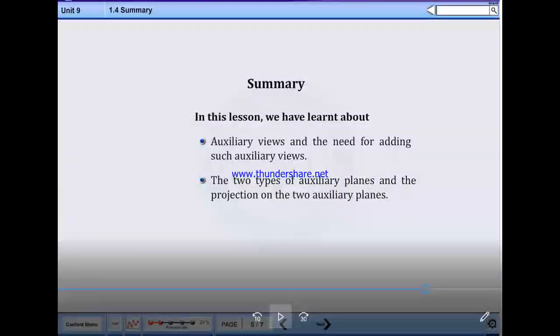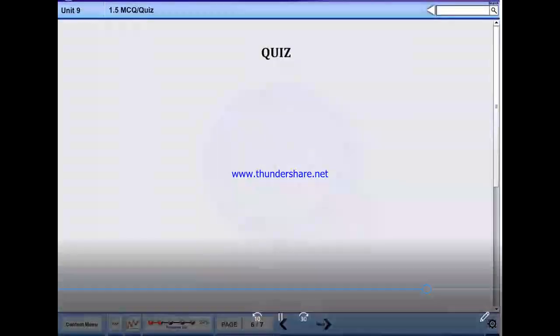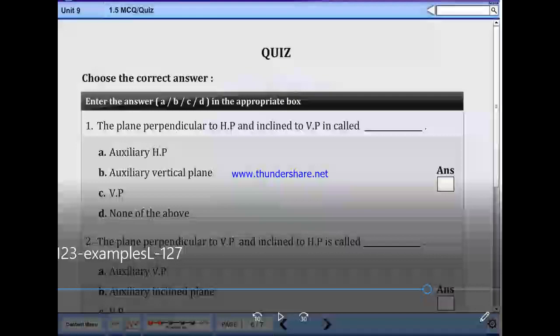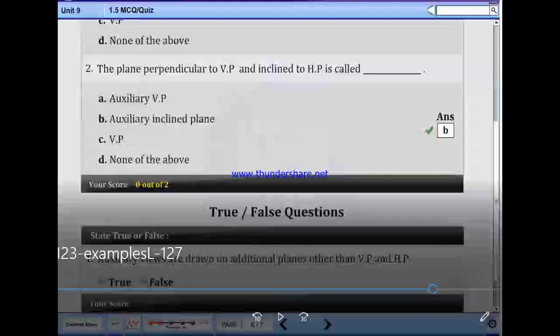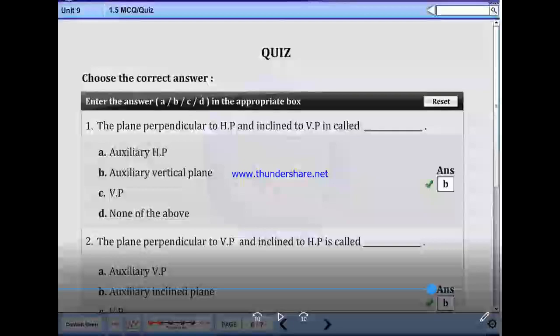Summary: auxiliary views and the need for adding such auxiliary views, the two types of auxiliary planes, and projection on the two auxiliary planes are studied. Quiz questions.